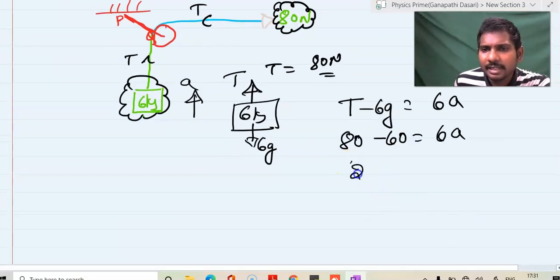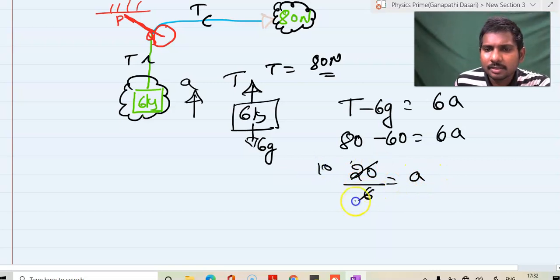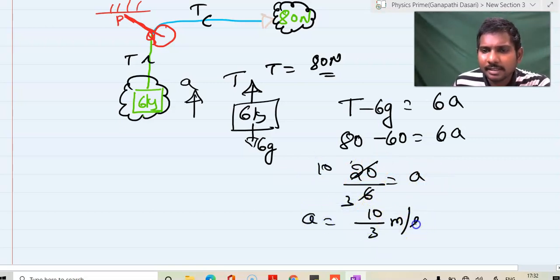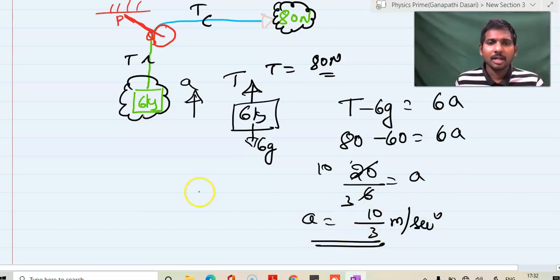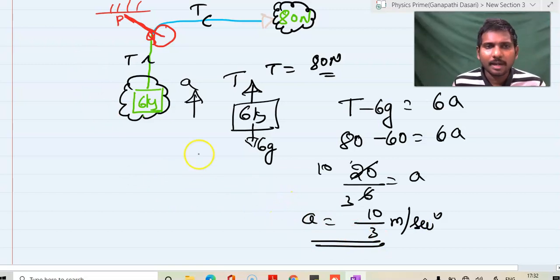And 80 by 6 is equal to a. That means acceleration is how much? 10 by 3. This acceleration is equal to 10 by 3 meter per second square. Here I am considering g to be 10 meter per second square. Then another part: one part is finding out the acceleration, and the other part is finding out the tension